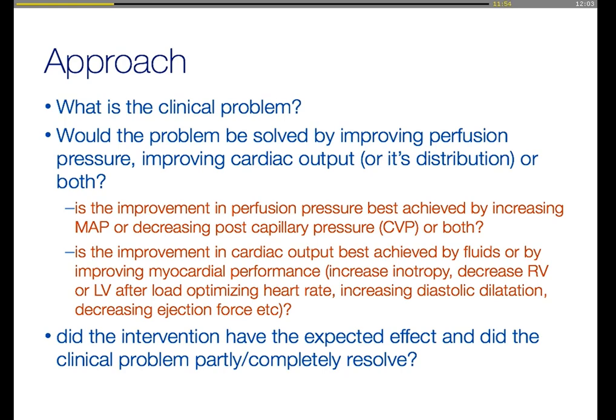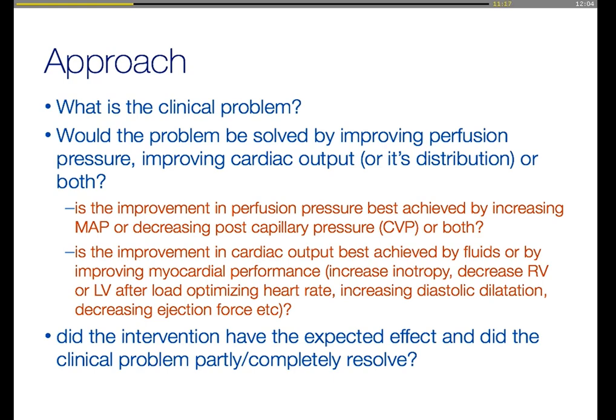And so, for instance, we keep calling neurogenic shock a shock state, but I hardly see patients die. I've never, to be honest, seen a patient die in spinal shock. They have profound hypotension, but they have no flow abnormality. The only thing these people need is a little bit of blood pressure augmentation and hardly any fluids. They need some vasopressors. That's one of the extremes. And so that's what you have to ask yourself: is the patient in need of pressure or in need of flow, or maybe both?